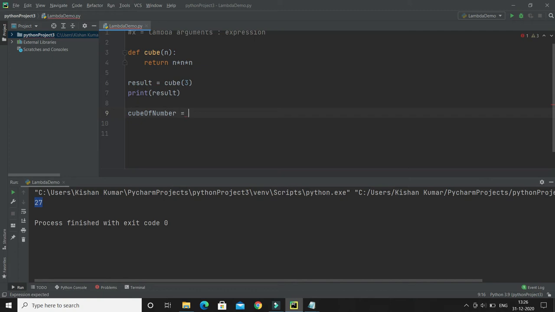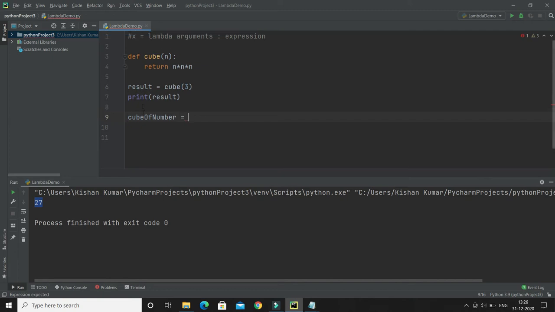So cube of a number, and after that what syntax we have to follow, we have to give the lambda keyword. So I will write lambda, and after that you have to pass the argument. Here we have only one argument, that is nothing but the number, and after that you have to give the colon and then the expression will be this one, n into n into n, right?